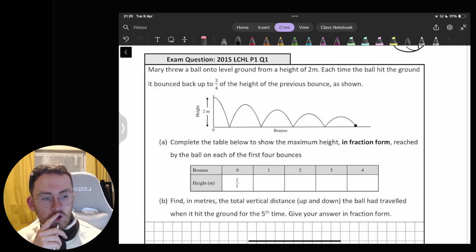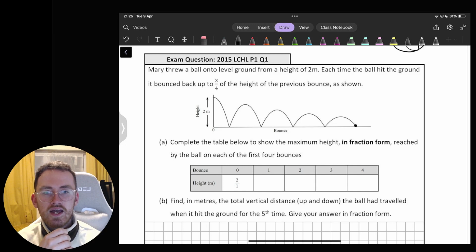So Mary's throwing a ball, and this again is fairly common, nearly a book style one. Mary's throwing a ball onto level ground from a height of 2 meters, and each time the ball hit the ground, it bounced back up to 3/4 of the height of the previous bounce. Complete the table to show the maximum height in fraction form reached by the ball on the first 4